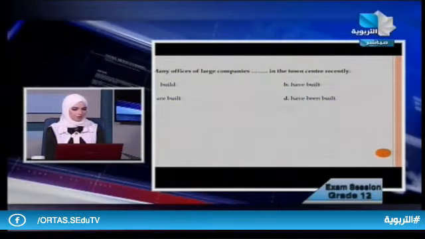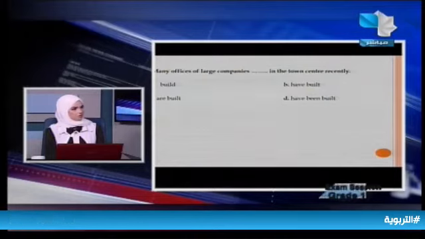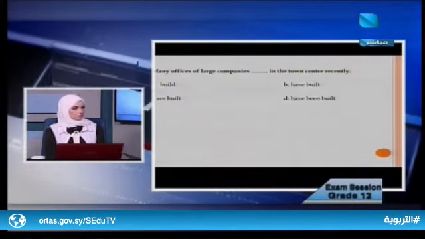To make sure the students understand the form of the passive voice, you have to give them in the choices, let's say, 2 forms in the active verb and 2 forms in the passive verb. We cannot, of course, give the students 4 forms in the passive. When we give the students the passive voice in 4 choices, it means that we are not testing them in the passive. We are testing them in tenses. So it is wrong to give the students 4 choices in the passive voice.